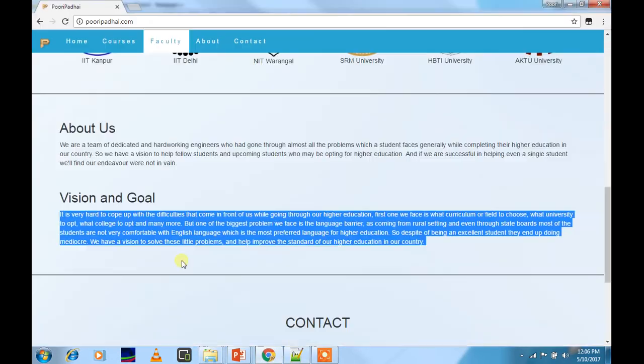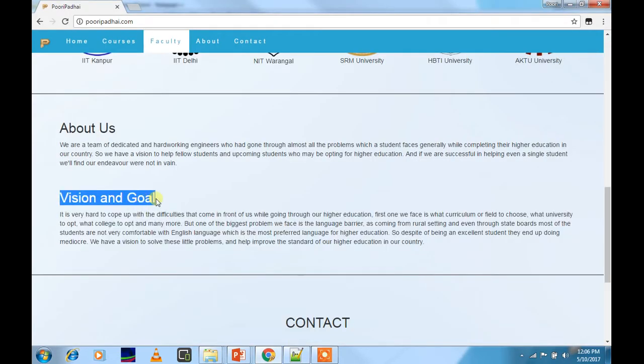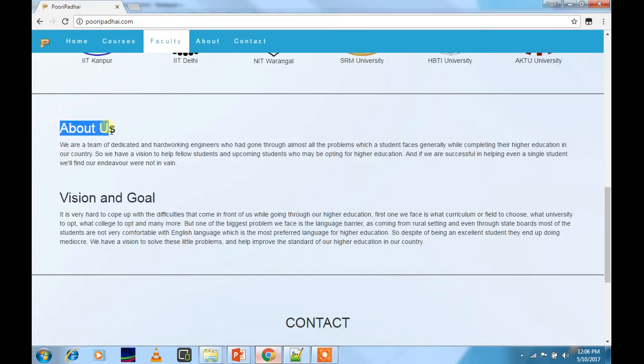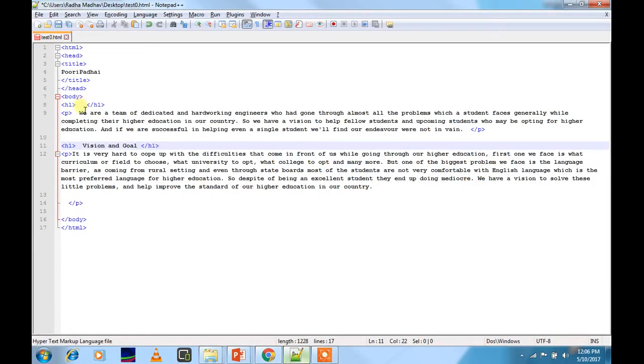Again we'll go back, copy this heading of vision and goal, and paste it in the H1 tag, and then copy the about us heading by Control C and paste it by Control V.